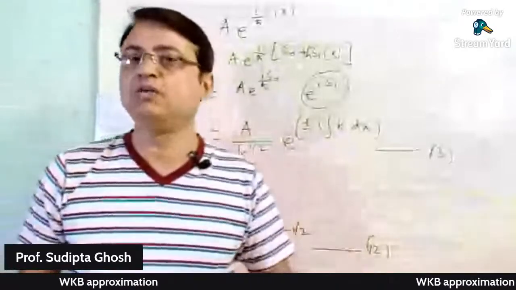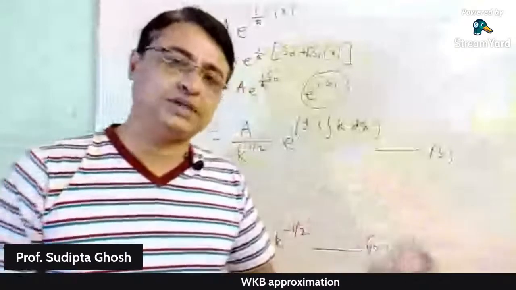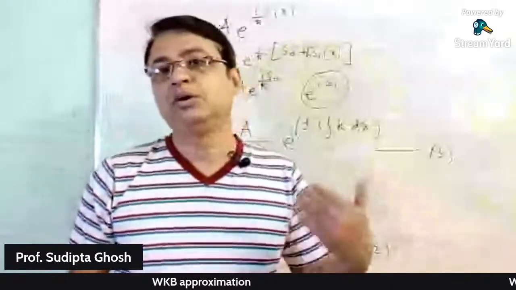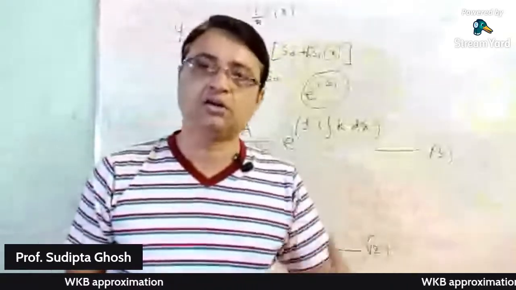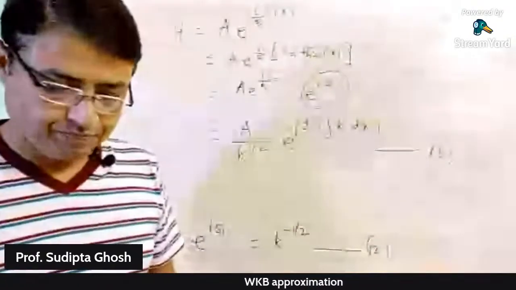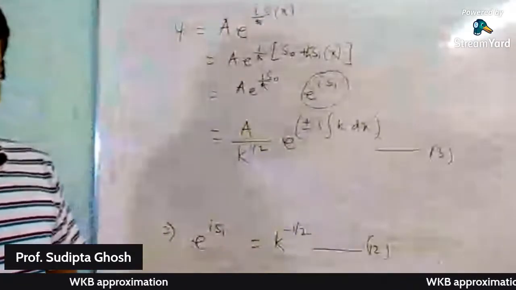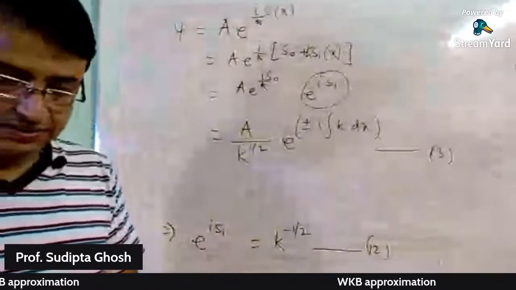So I have already got the value of k, and from the expression of k square, you can arrive at the conclusion that k is a real term, and therefore the solution is oscillatory. Now the